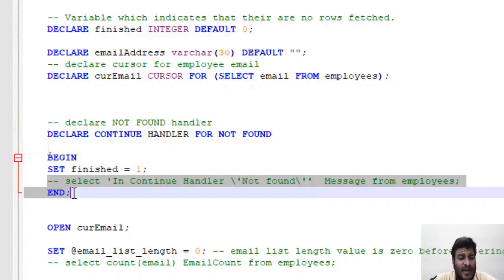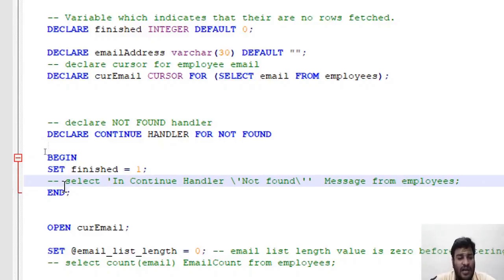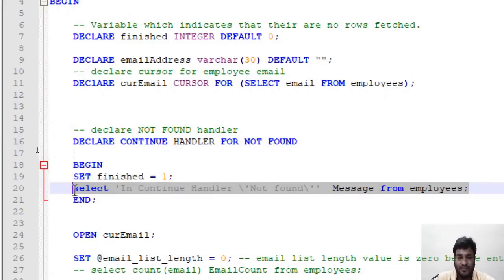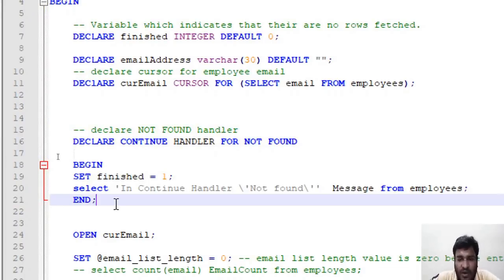So the single statement can be converted into multiple statements with BEGIN and END. I required this to add a log. So this is a log. Now before going ahead and studying this particular debugging scenario further, let us talk about cursors.